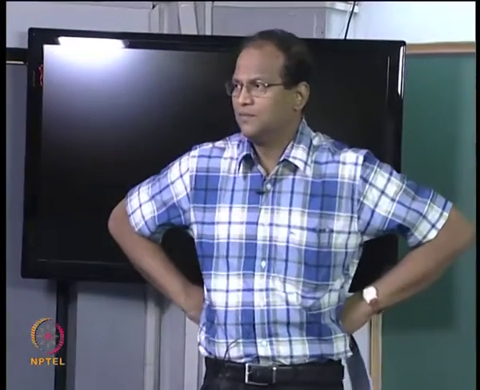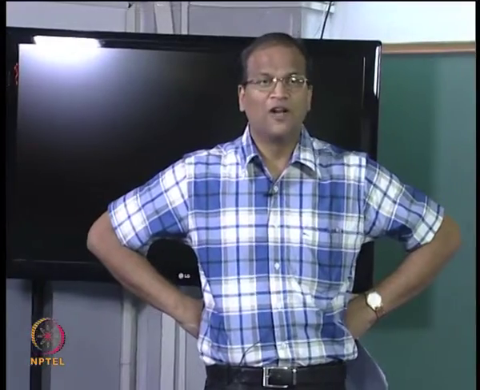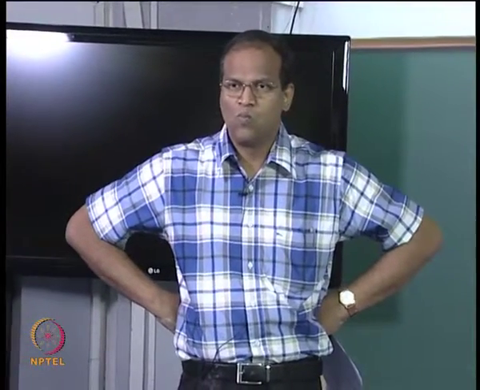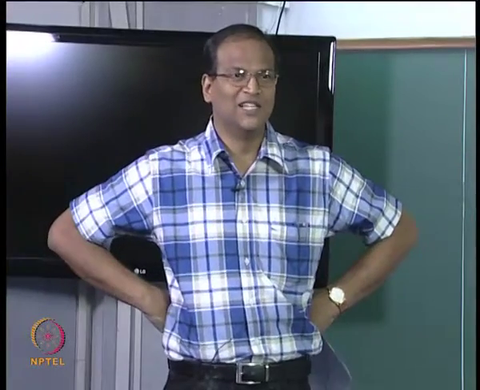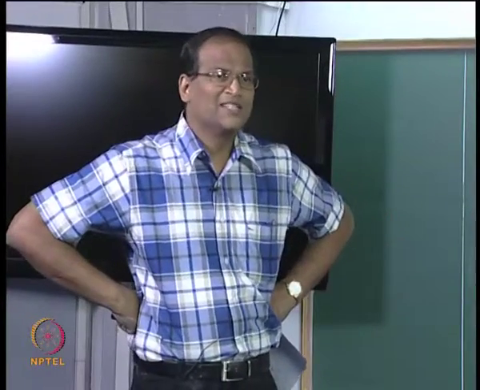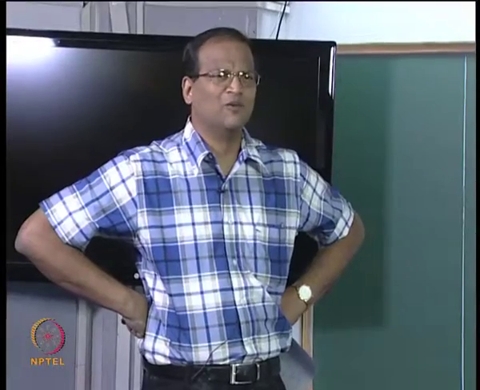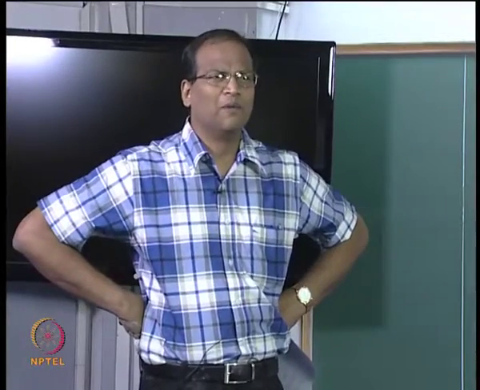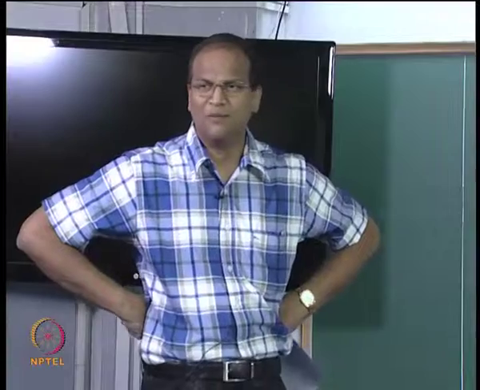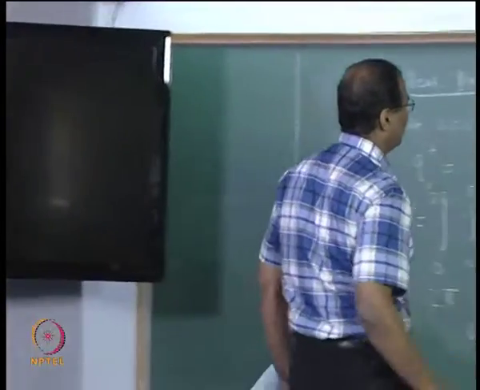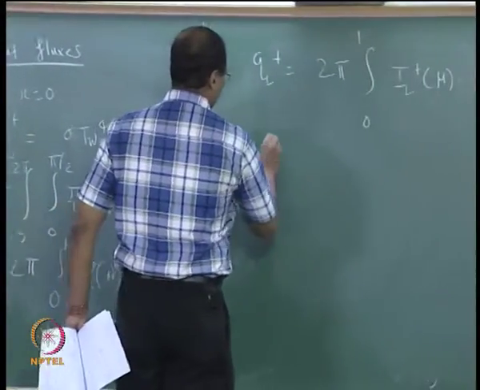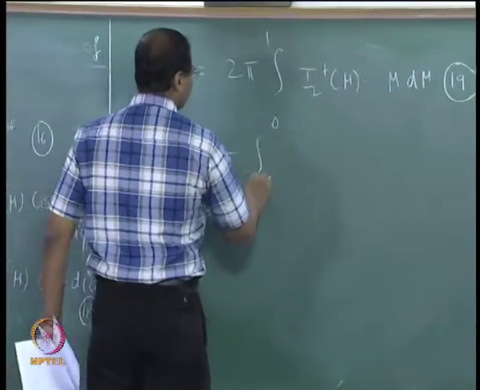All right. Now we have to substitute for IL of mu and try to accomplish the integration. As engineers, ultimately we are interested in the flux, so many watts per meter square. Why are we worried about watts per meter square, per micrometer, per steradian and all that? Okay, so we have to get this. QL plus equal to 2 pi